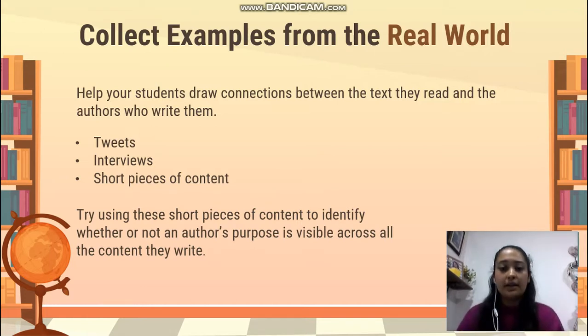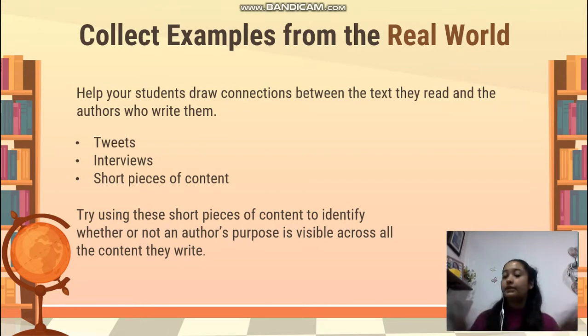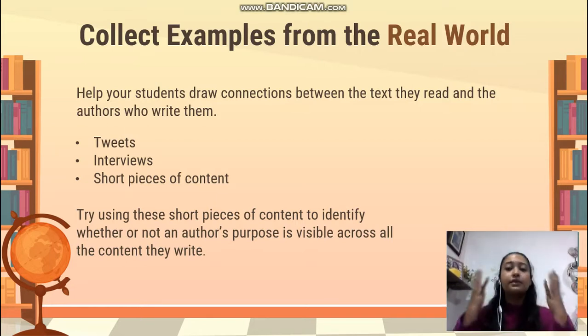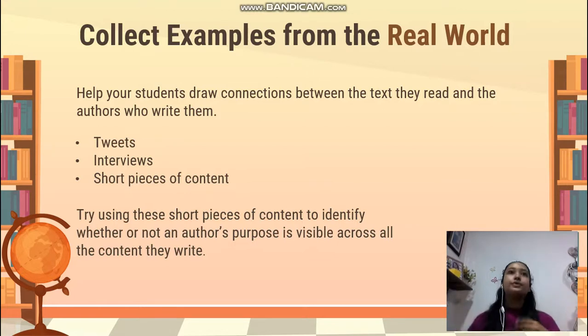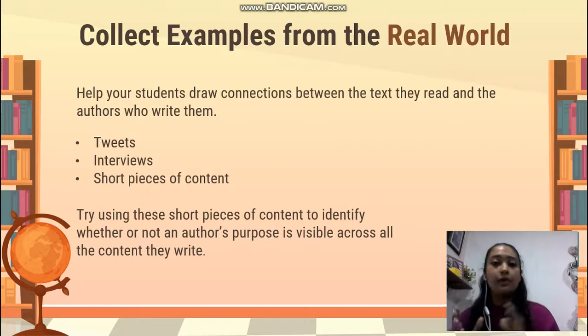We have to try to use these short pieces of content to identify whether or not an author's purpose is visible across all the content that they are writing. So now, as we saw before, it's really important to know how to recognize and how to describe the author's purpose, because this is a really